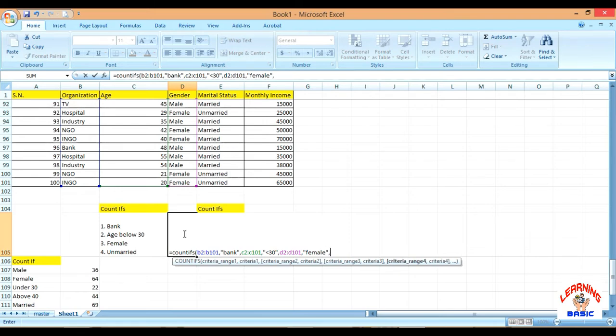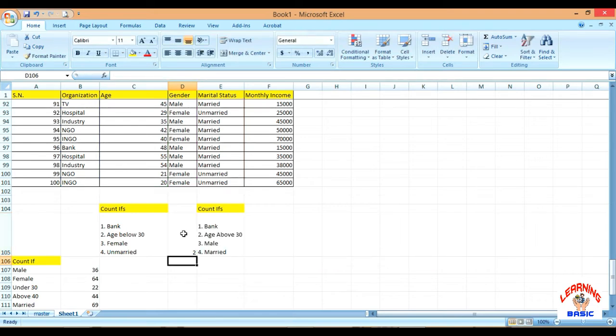and our final criteria is unmarried. Our marital status is in column E, so E2 to E101, comma, and unmarried. So bracket close. So we have 2. Further moving with our next criteria: the person who works in a bank, and age is above 30 years, and is a male and is married. So equals to